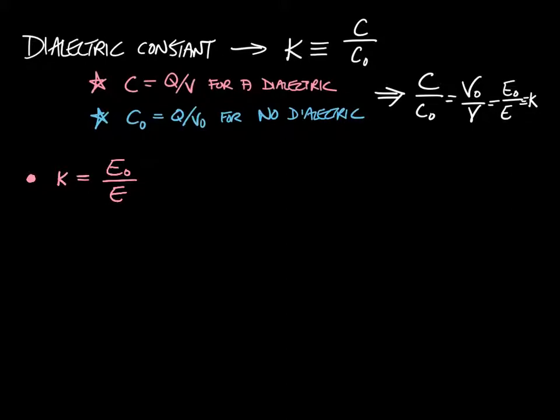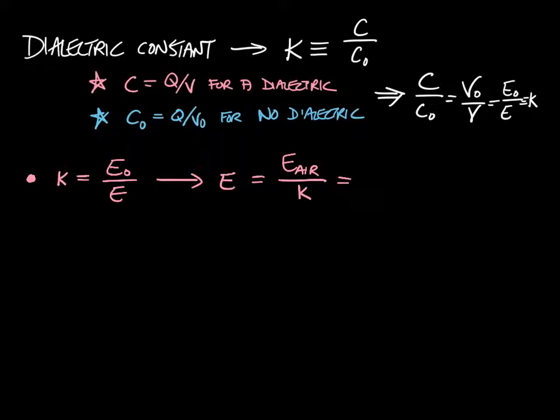I'm choosing electric field because we've already been talking about that, and I want to bring it all the way back to what we started with. So what this means is that my electric field, the final one, that's all we're always concerned with, can be written as, here is the electric field that you'd have for a capacitor that has air between it, written this way, which means if I throw in